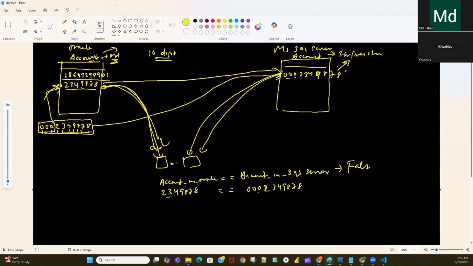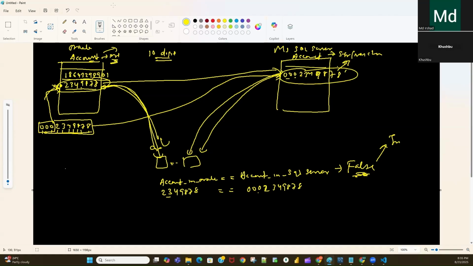It is giving false. It should become true, but because the 00 is not coming, it gives false and our logic was not working. Initially we thought, why is this business logic not matching, because this account is available here also and here also.